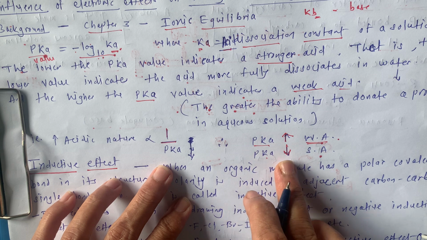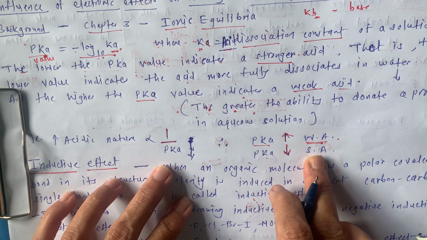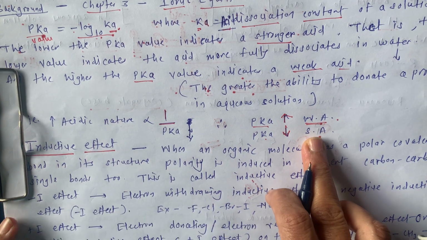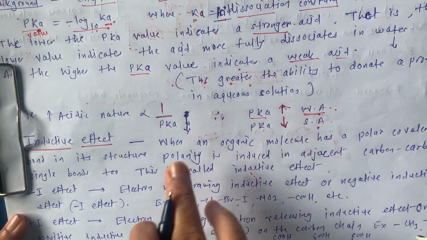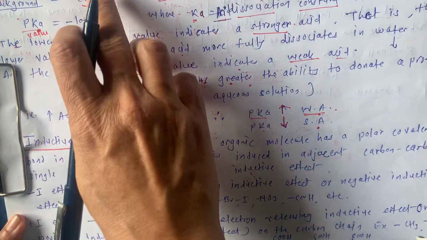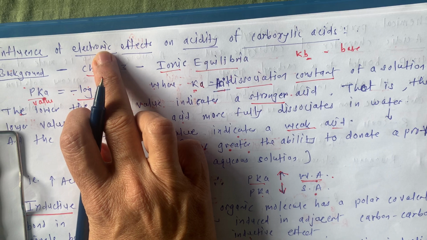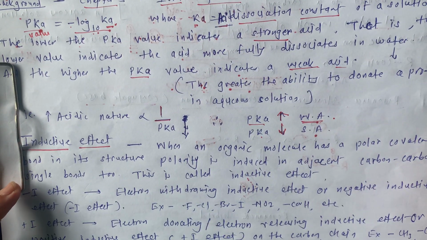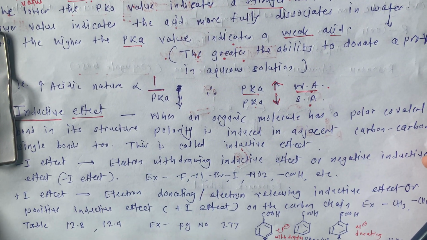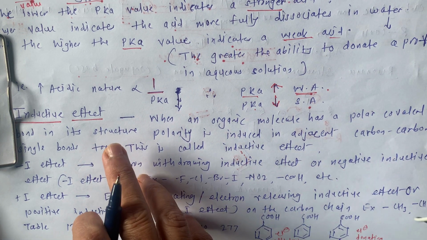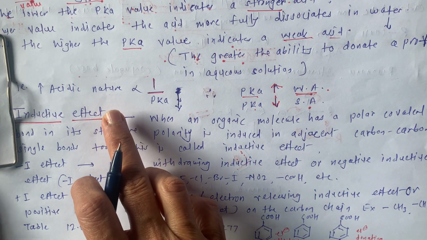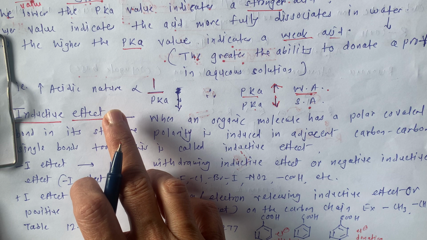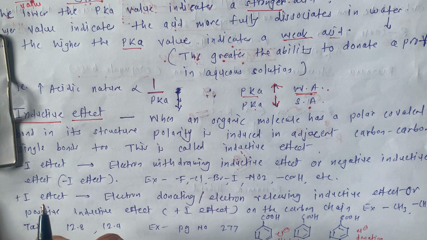When the pK value is less, then that is a strong acid. Now these values again depend upon a few factors. Those are nothing but electronic effects which we studied in 11th standard. But again I am going to revise over here, and these effects are the inductive effect, that is, electron withdrawing inductive effect or electron donating inductive effect.